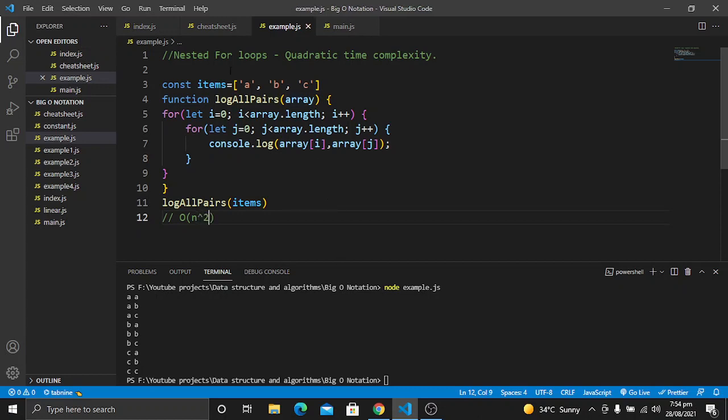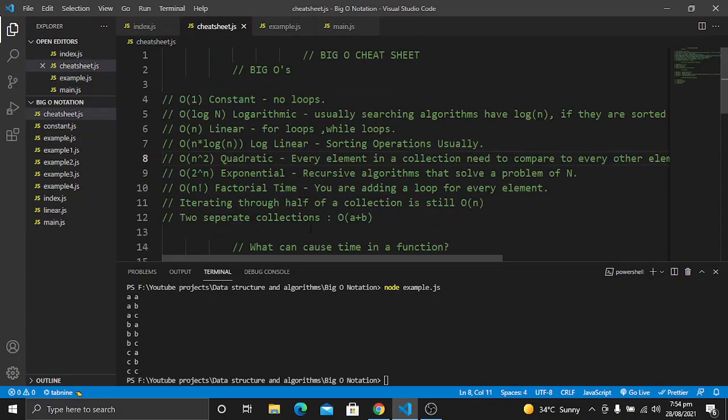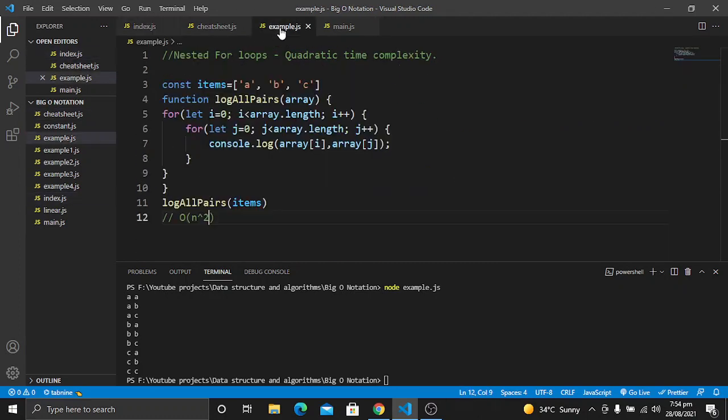Let's save it. From our cheat sheet, what it means is that every element in a collection needs to be compared to every other element. For example, a will be compared to every element in the collection. So a will be compared to b, and also to c.